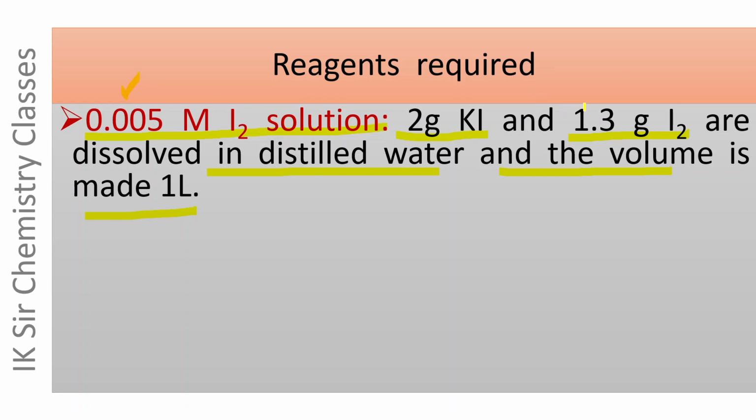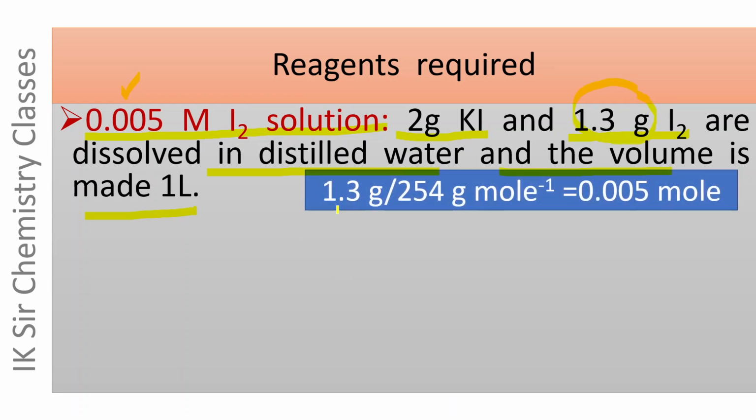Let us find out the number of moles of iodine in 1.3 gram. Number of moles equals mass divided by molar mass. The molar mass of iodine is 254 gram per mole and its mass is 1.3 gram, and hence the number of moles comes to be 0.005 mole of iodine, which has been dissolved in 1 liter solution, and the number of moles per liter is called molarity, and hence the molarity of iodine solution is